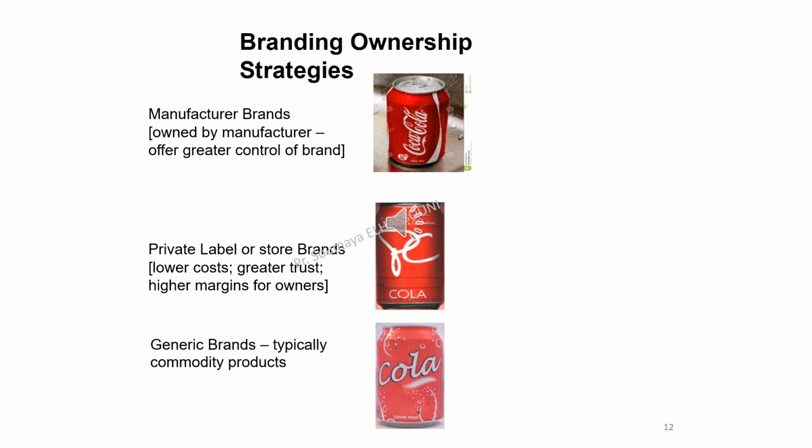So stores or retailers will often sell them at the lowest price. They are typically basic and functional, and they are addressed to customers that just want the product without paying for